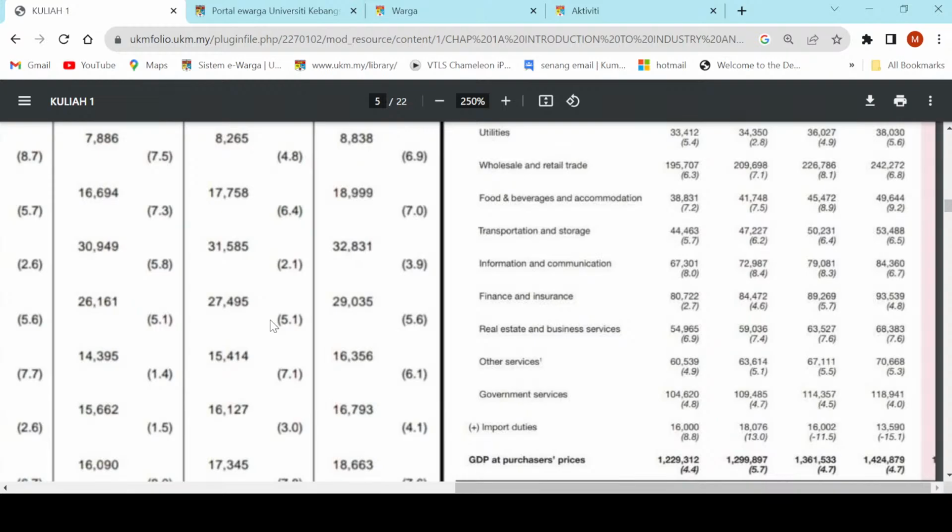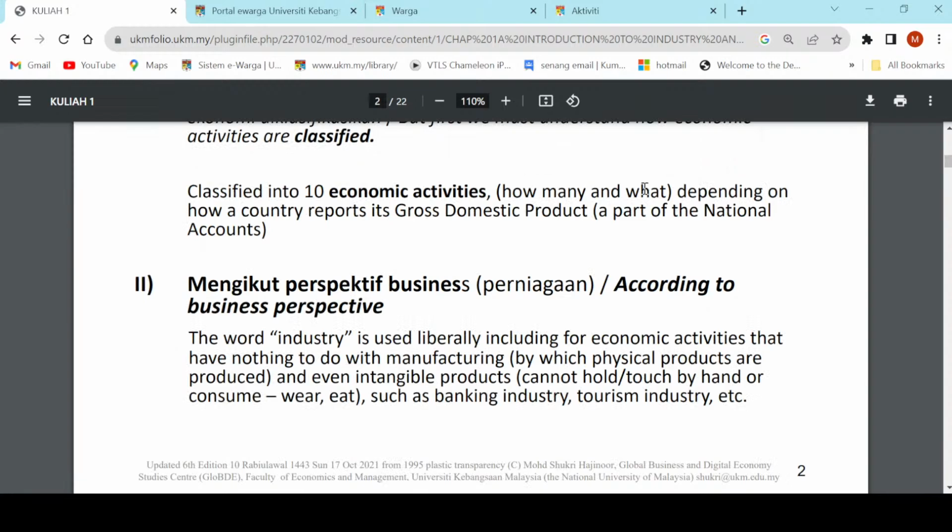I said classified into 10 economic activities, but I put in brackets, how many? Is it 10? Is it 9? 11, 12, or 13, whatever? How many? And what are they? The name of the